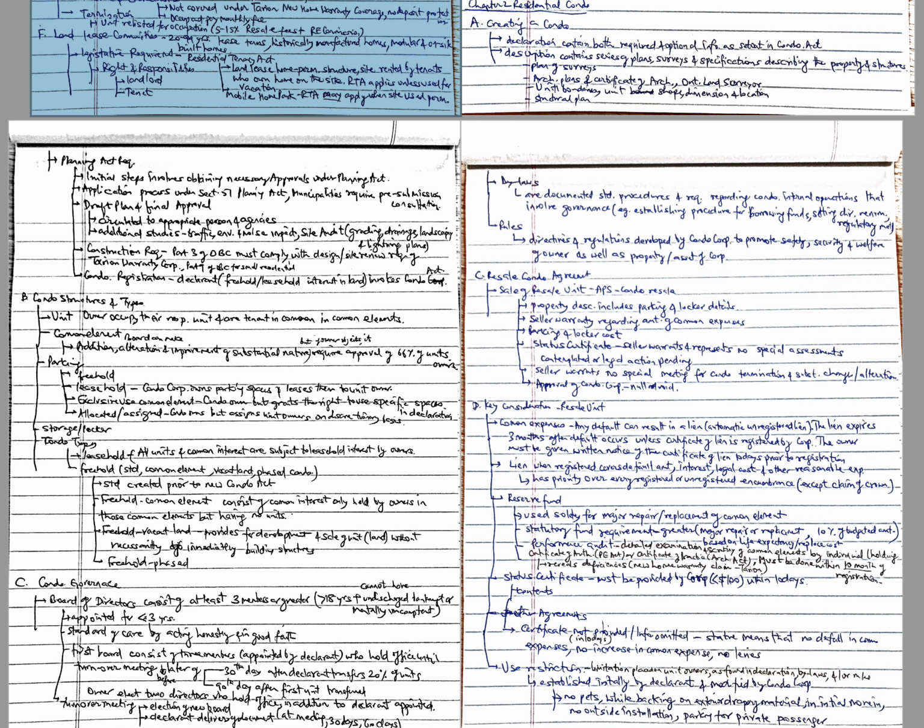Freehold. A standard condominium is a freehold condominium that is not a common element or a vacant land condominium. Condominium corporations created prior to the new Condominium Act coming into force are classified as standard condominiums. Freehold common elements. A common element condominium corporation consists of common interests only held by the owners in those common elements, having no units. All references to unit or proposed unit in the Act are deemed to be references to the common elements in the corporation.